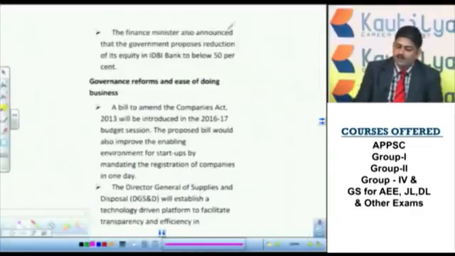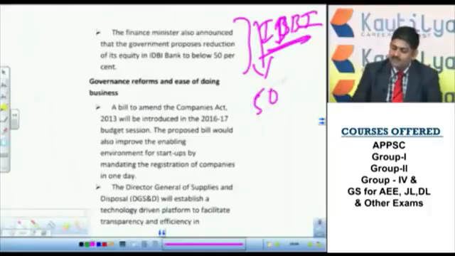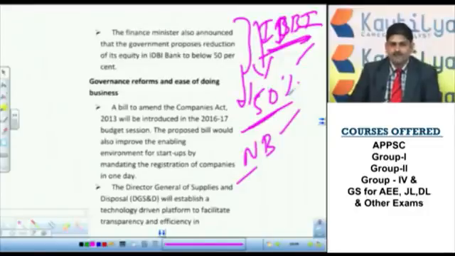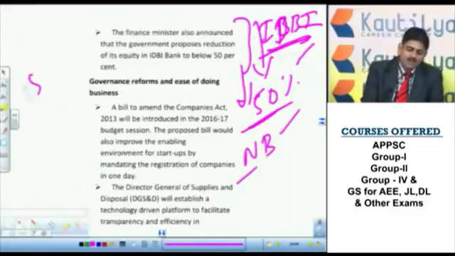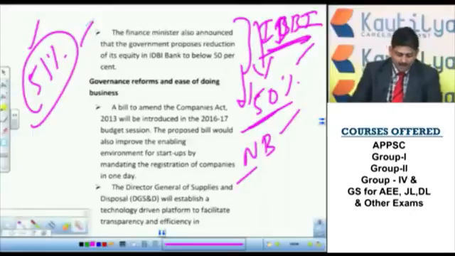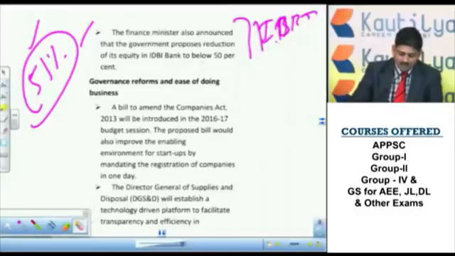Next, an important one, IDBI, Industrial Development Bank of India. That means the government wants to reduce its equity to less than 50%. That means if this happens, it will no longer be called a nationalized bank. Maybe we can call it a private bank, because only if government shares are 51% can we say it is a nationalized bank. So this will happen for IDBI Bank. However, IDBI employees are protesting against this particular decision. If it happens, then only we have to study.